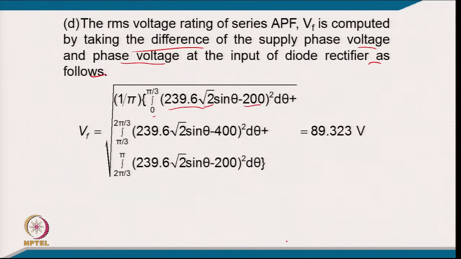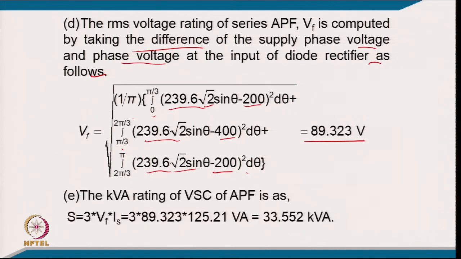So, we have 600 volt VDC divided by 3, 200, squared, and taking another segment, pi by 3 to 2 pi by 3, of this again sine wave minus 2 VDC by 3, that is 2 into 600 by 3, that comes to 400, and the third segment, 2 pi by 3 to pi. So, for the half cycle we are taking again 239.6 into peak voltage sin theta minus VDC by 3, squared. So, taking the RMS of this, it comes to